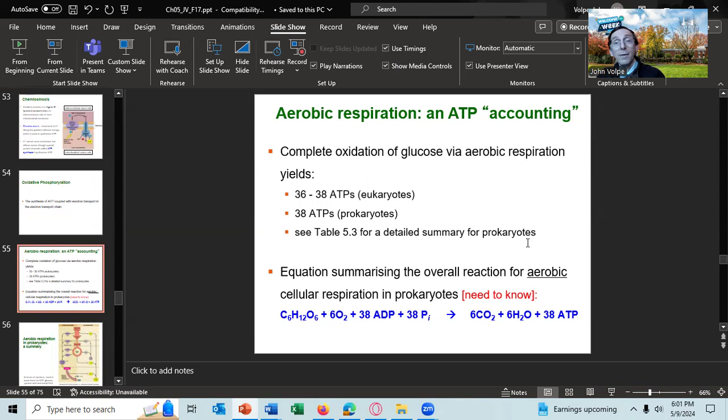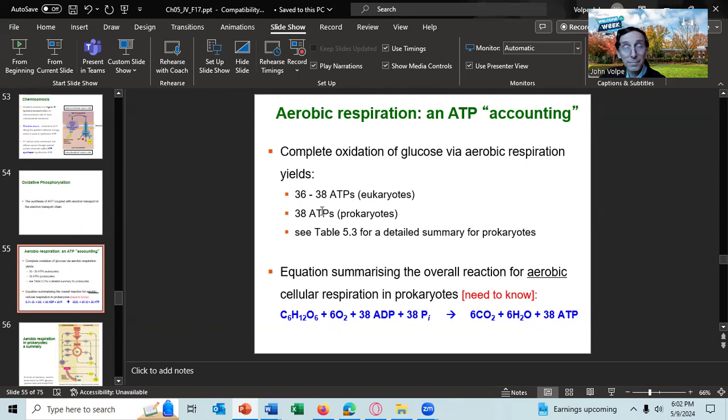So in aerobic respiration, the accounting of ATP for eukaryotes, we generate 36 to 38 ATP in all of aerobic respiration. That's 2 ATP in glycolysis, 2 in the Krebs cycle, and 32 to 34 in the electron transport chain. In prokaryotes, you generate 38 ATP